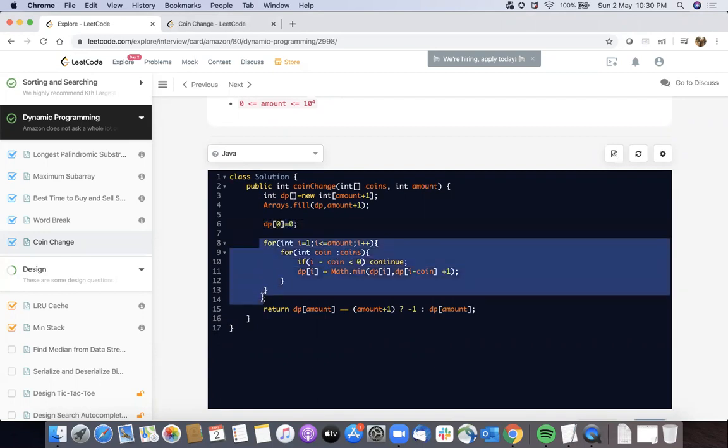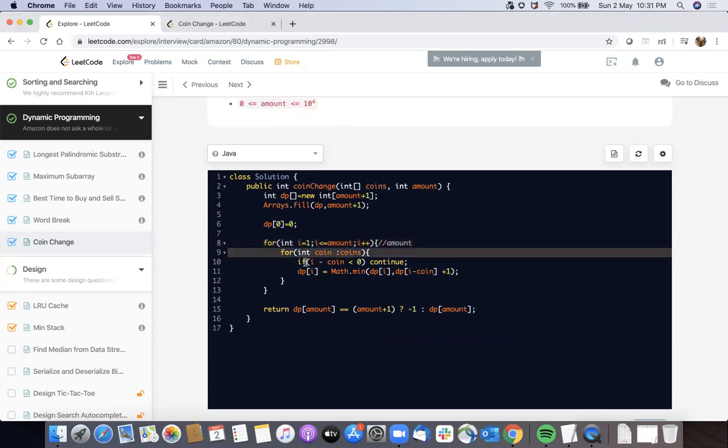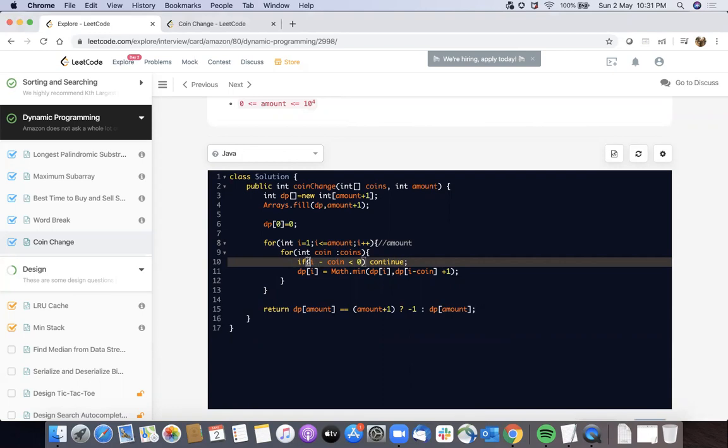For the rest, simply start a loop for each value. I represents here the amount which we want to make. That is why I am running my loop till 11, till amount, and in the end I'm returning the amount only. So for each amount, I try every coin. First of all, I'll check if I can use that coin. If I have 1 rupees, I cannot use 5 rupees, correct? So if current value minus coin is negative, simply skip it.